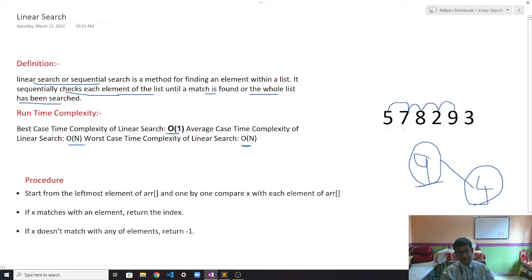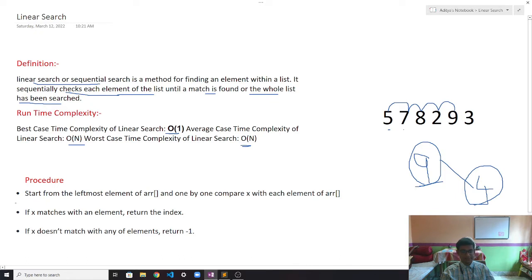So you saw the best case was O of n, that this might be the element you are finding. No matter what the size of the list, the first element will be the best case, or O of n is the average case. It depends how many elements are in the list, and obviously the worst case will be O of n. It might be at the last index of the list.